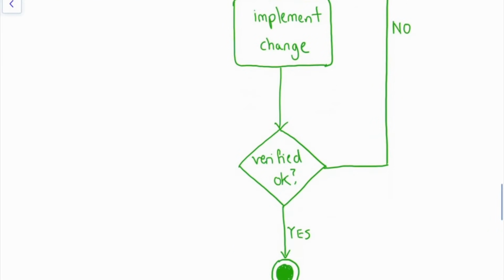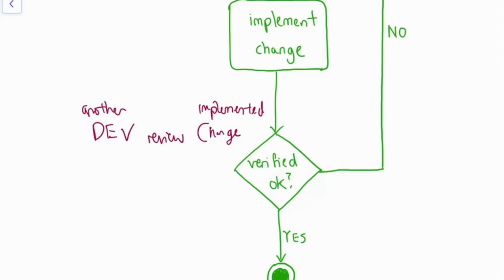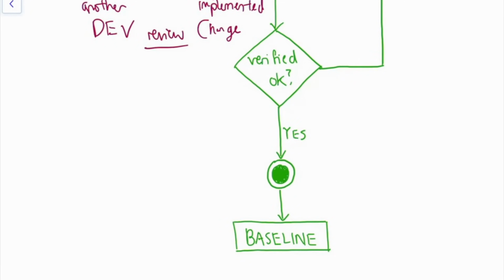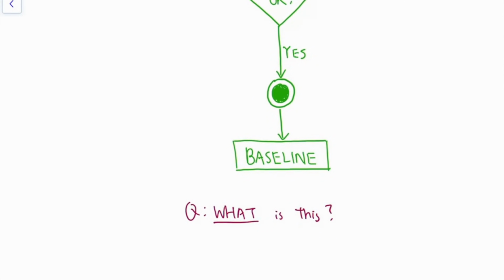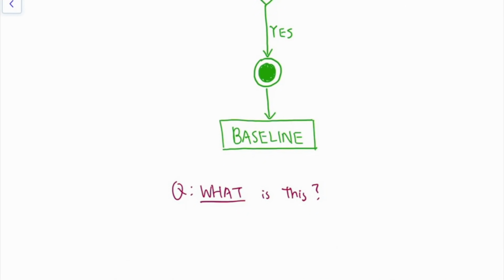Implement the change and verify that the change is okay. Once its implementation is done, somebody would verify the change is okay. Probably another developer, who will review the change, the implemented change to be specific. This is not the request, this is already done with the implementation, and then you do the review. If the review is fine, and the change matches what is supposed to be the goal of the change, and the change is basically done with good quality, then yes,